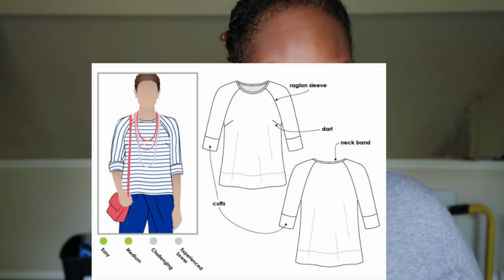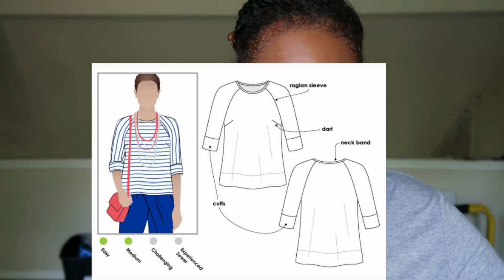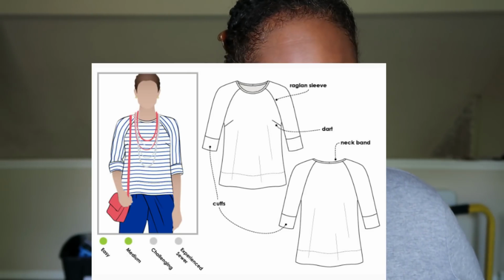But I ended up picking the freebie for the month of May, the Madison top. I thought, oh, that looks casual. I believe it's for knit, and so I went ahead and chose that as my freebie. What I do notice about Style Arc patterns, again, this is my first time making Style Arc,